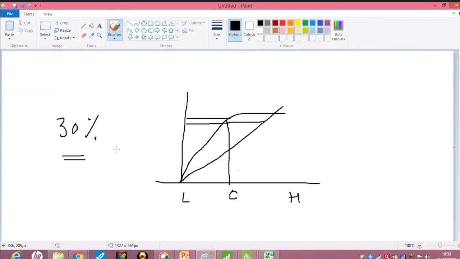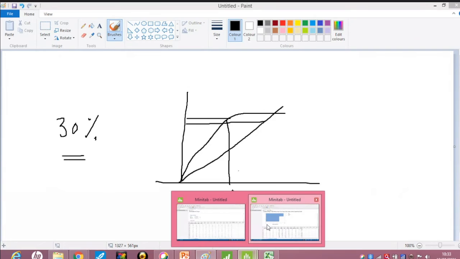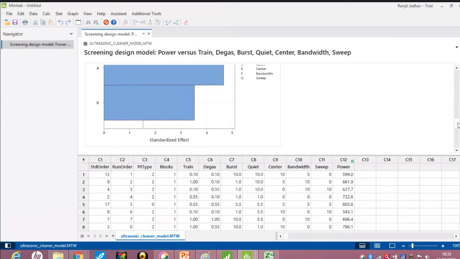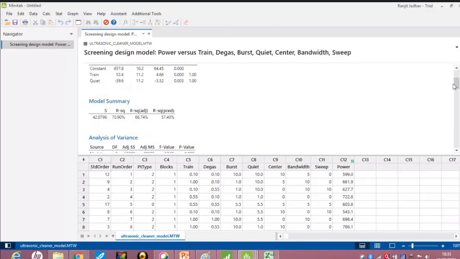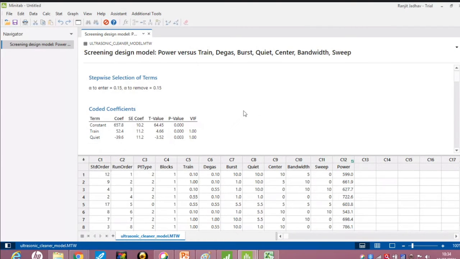When we go for these two factors, there we can go for the interaction, two by two. Here we already have a lot of factors, so better not go.